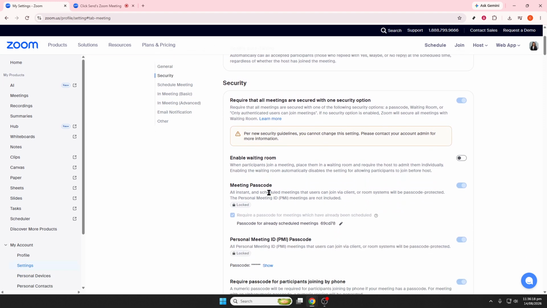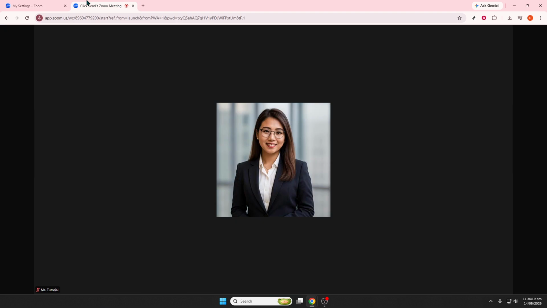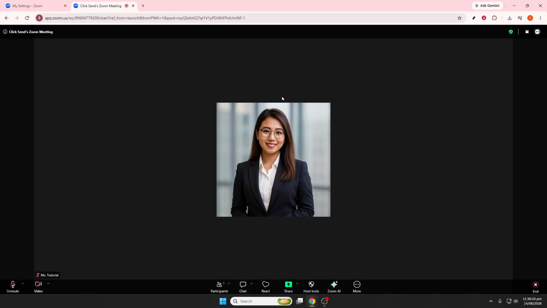In the menu, select Spotlight for everyone. As soon as you do that, Zoom will place that participant's video in a prominent position for all meeting participants to see. This helps keep attention on the person you've selected and creates a more controlled viewing experience for the